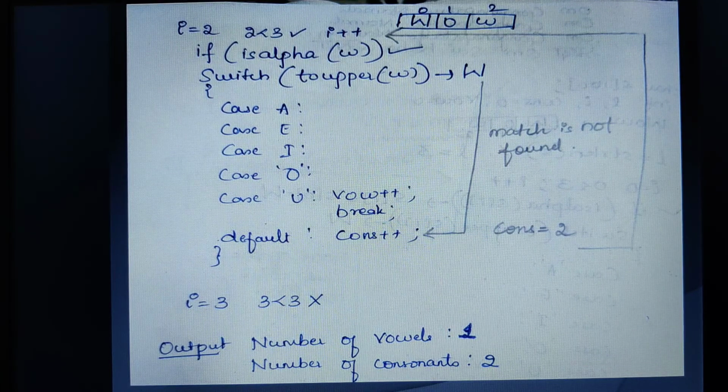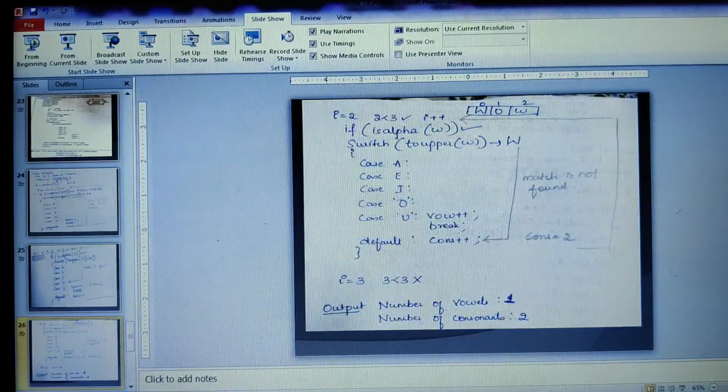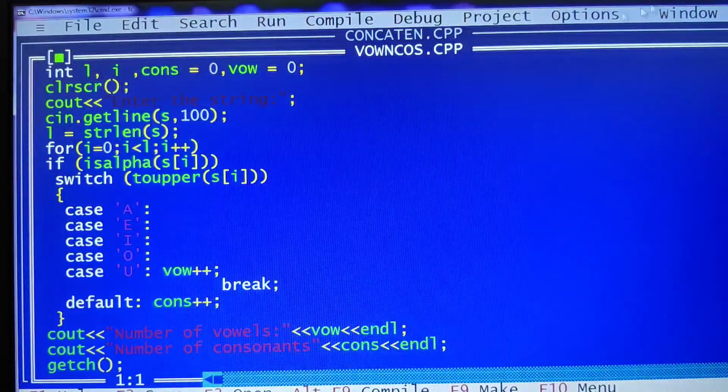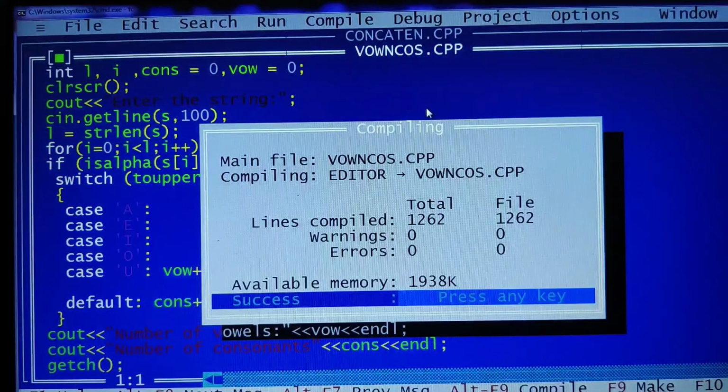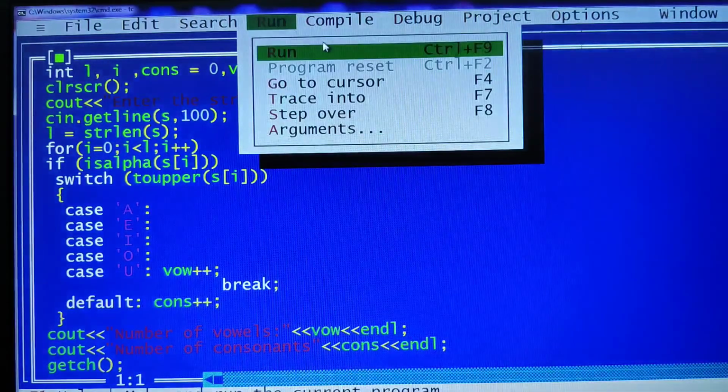Let me execute this particular program and then show you. Yes, here the same program I have written. Let me compile this one. Let me run the code. Here it is asking us to enter the string. Now here I am going to enter the string as